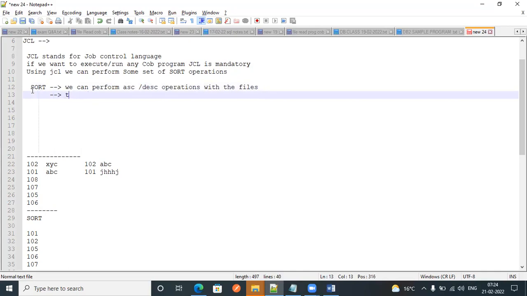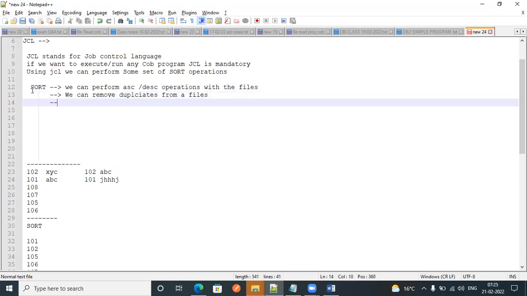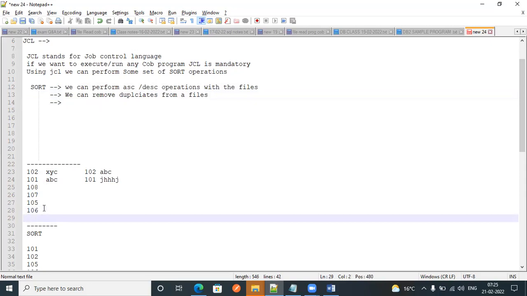I need to remove the duplicates. We can remove duplicates from a file. Next one is, suppose there are some records, like 1 to 10,000 in a single file.